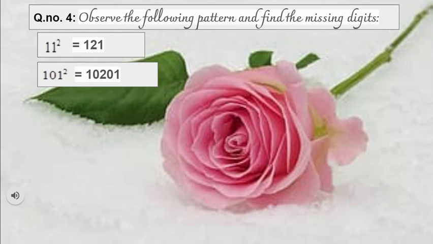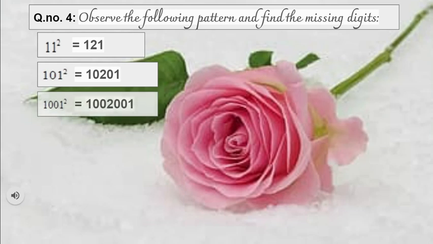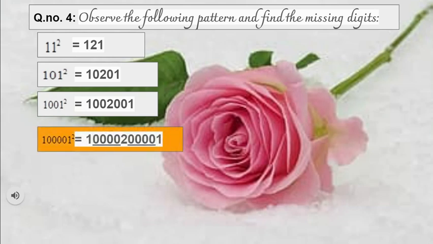See the next question, 1001 square. So how many zeros have we added? 2 zeros. After and before 2, 2 zeros we have added. 2 is always in the middle. If it is 3 zeros, then what will the answer be? The answer will be 100020001, meaning we have to add 3 zeros before and after 2. Same way, the next number, if it is 4 zeros, meaning here it is given 100001 square, so here 4 zeros are there. So how many zeros do you have to add? 4 zeros after and before 2.